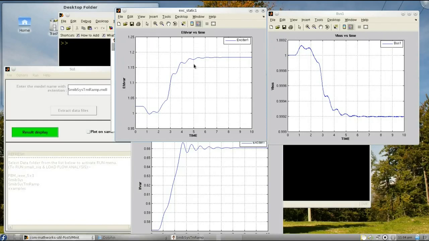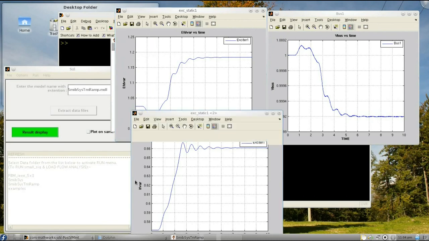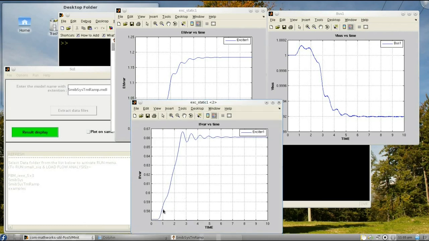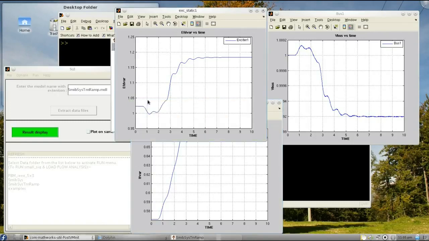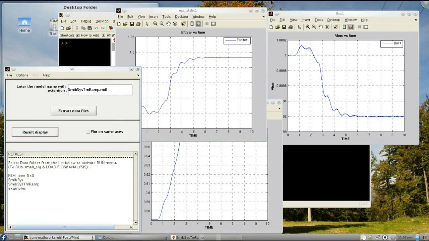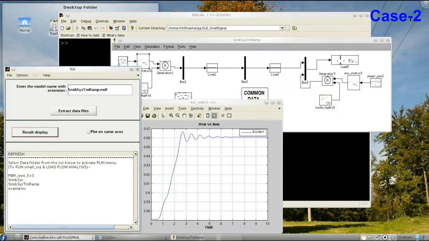It automatically regulates the terminal voltage. Depending on various types of excitation, here we have chosen static, so it's having a particular trajectory.